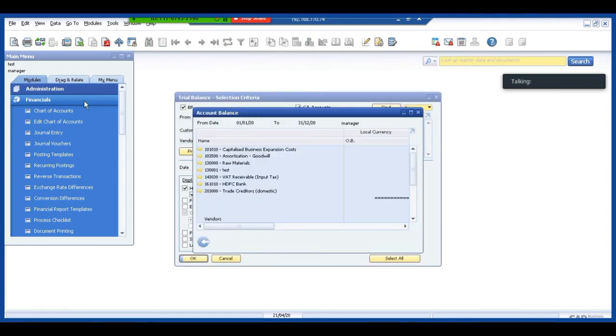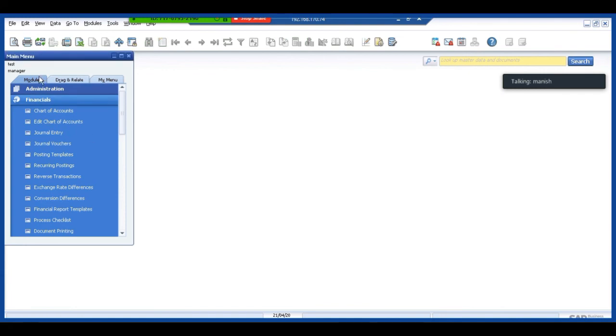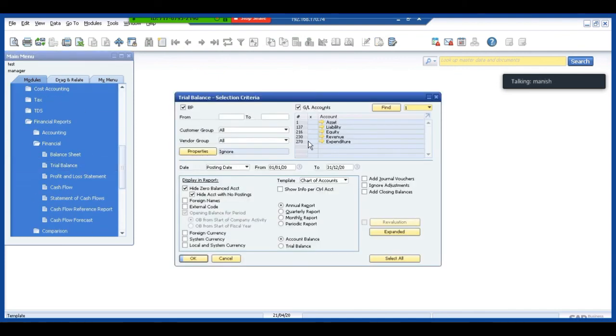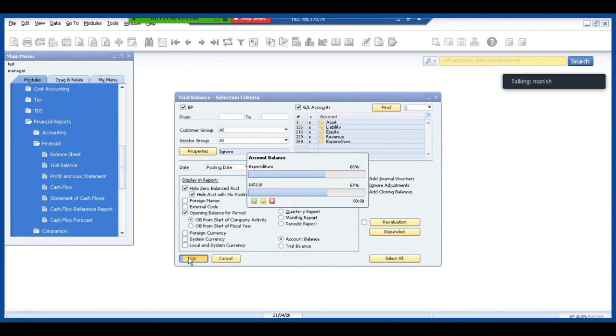Okay, now I'll again run a trial balance. I'll close this window. Finance, trial balance. Now I would have to select the template that I've created. This is the test one template that I created. I'll select the accounts.